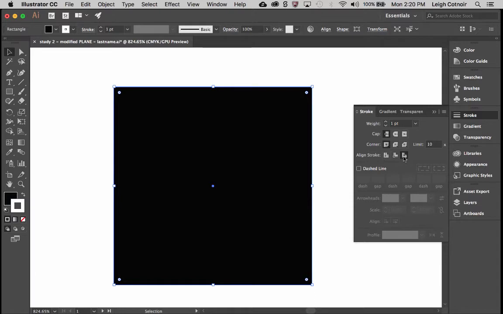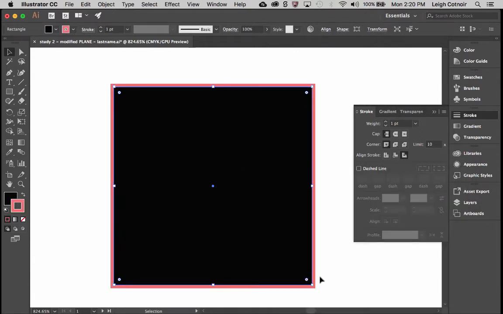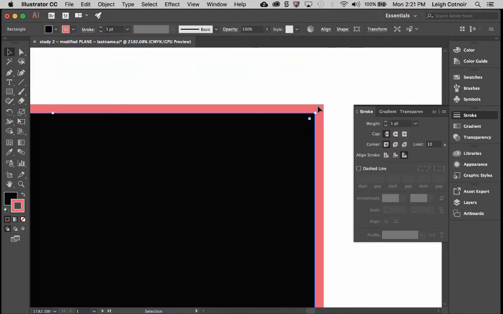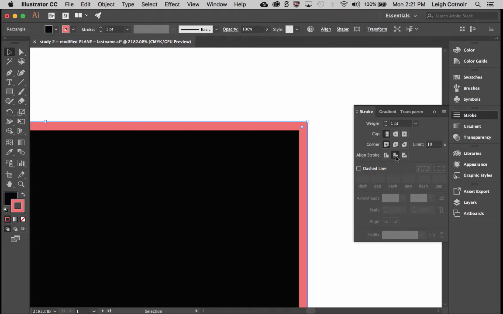And right now I can't see the difference. If I were to come over here just for the sake of illustration, okay, not because you're really allowed to use color, but if I were to double click where it says stroke right here, and I choose a color, let's just say I choose that color, now you can see more definitively what I'm talking about. Let's blow this up a little bit, okay? So you can see the relationship here where it says align stroke. This is now set to the outside, this is now set to the inside,